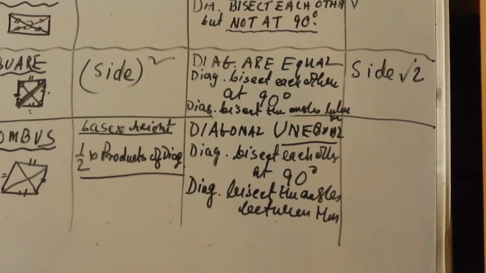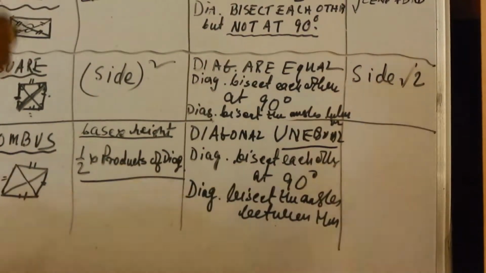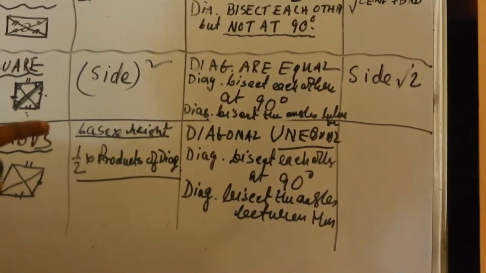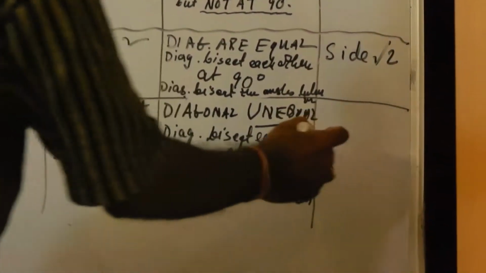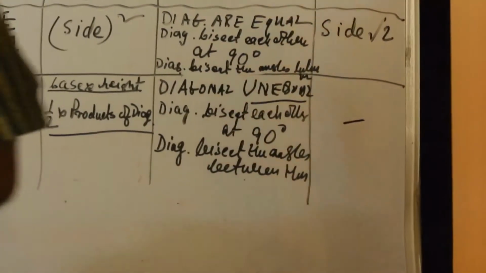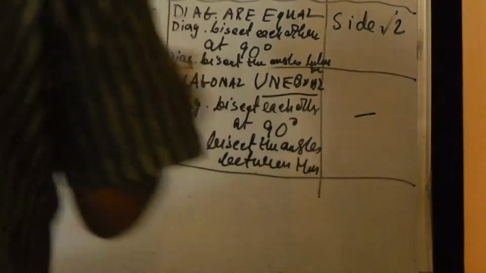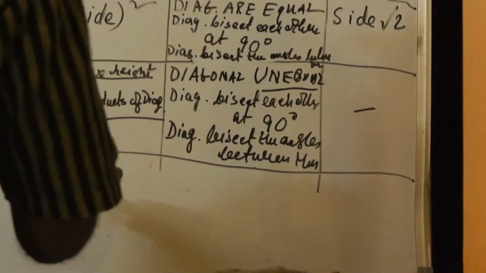And the difference is only one difference, that in the case of a rhombus, diagonals are not equal, never equal, and for a square the diagonals are equal. And here the length of diagonals does not arise as a question because they are not equal. Now that's all about rhombus. And now we come to the parallelogram.